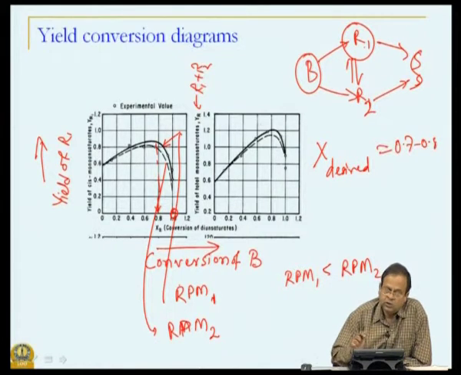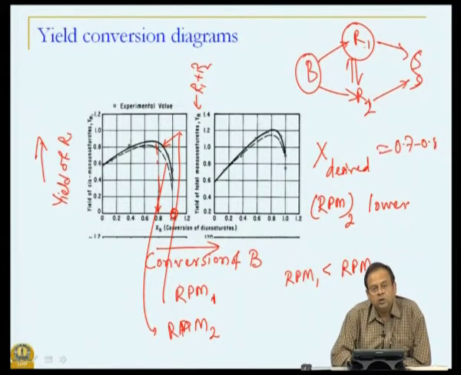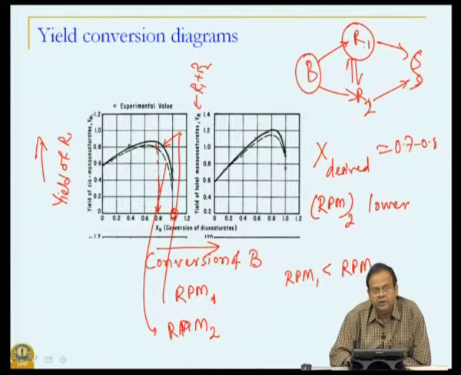So, another lesson to be learned from this example is that when you are trying to design heterogeneous reactors, achieving uniformity, the highest degree of homogeneity and mass transfer is not necessarily always the design criterion. So, here among the two, RPM 2, the lower of the RPMs, is to be selected, because that gives you higher selectivity. So, this brings us now to what happens to the mass transfer aspect. This is as far as the kinetics is concerned.